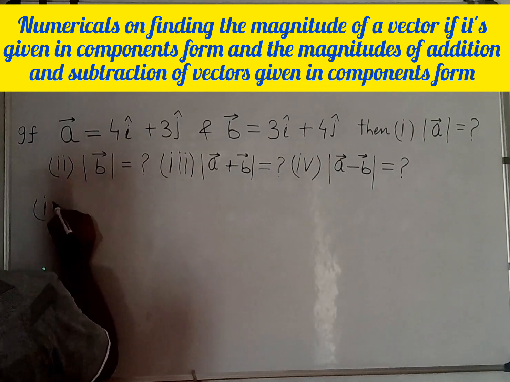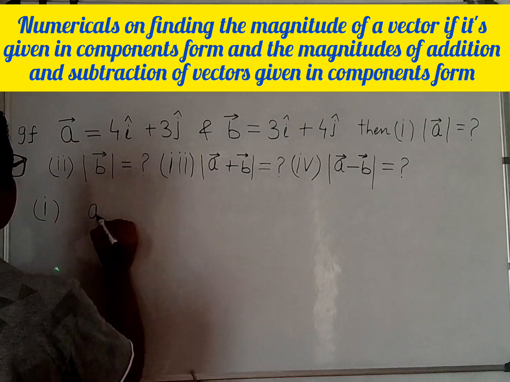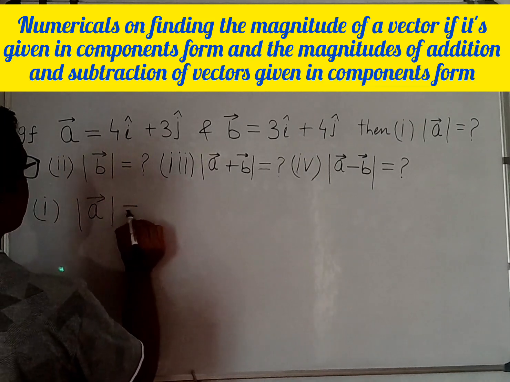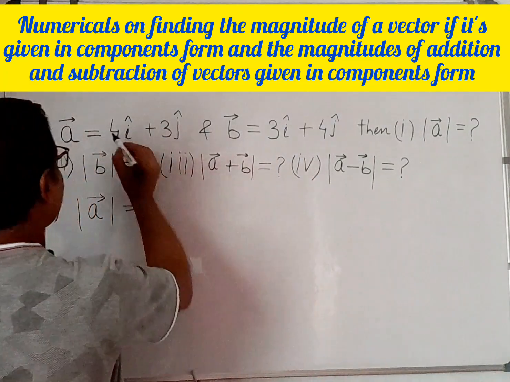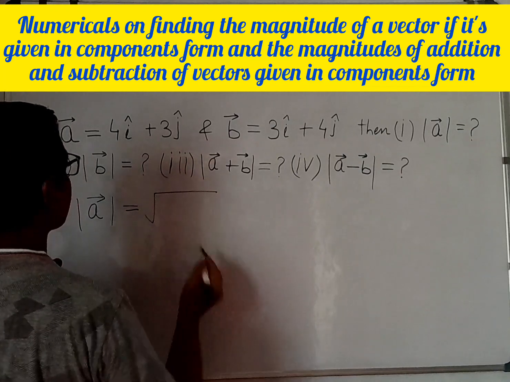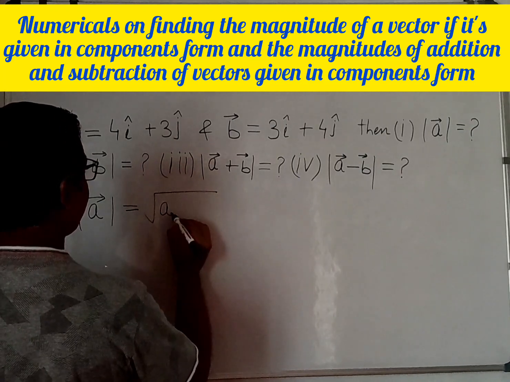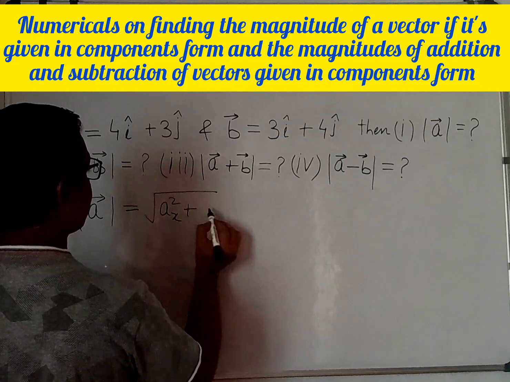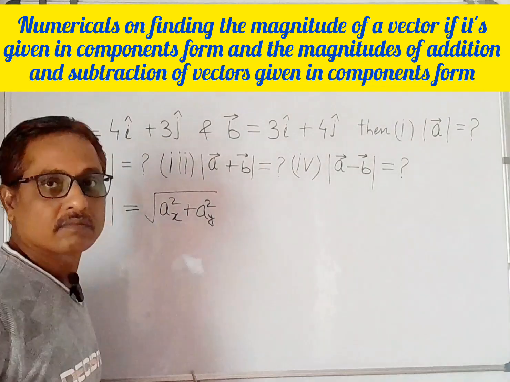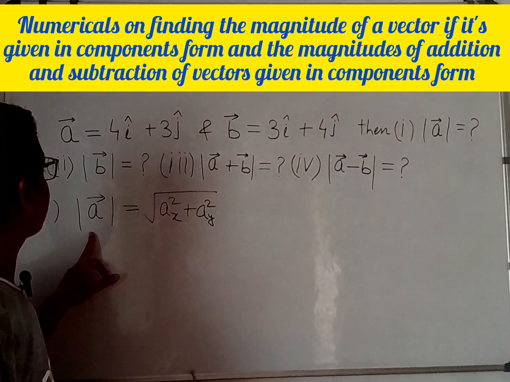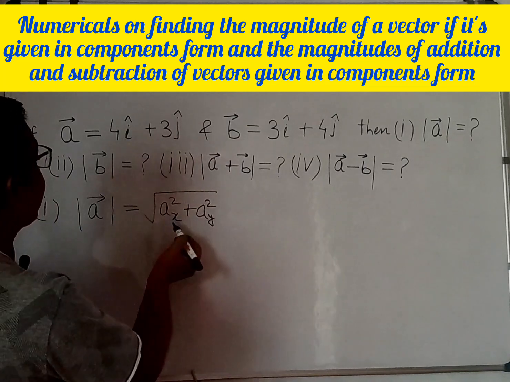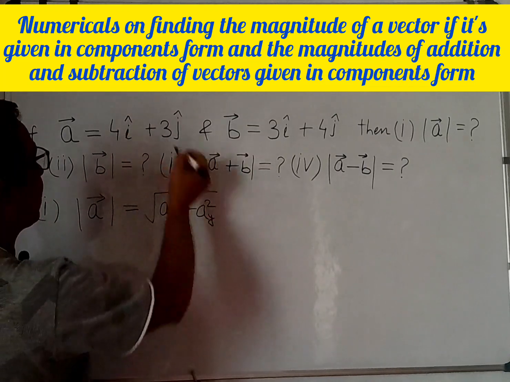1, the magnitude of this vector A, that means the absolute value of vector A, will be equal to square root of ax square add ay square। This formula, the magnitude of vector A is equal to square root of ax square add ay square, where ax is 4 unit and ay is 3 unit।